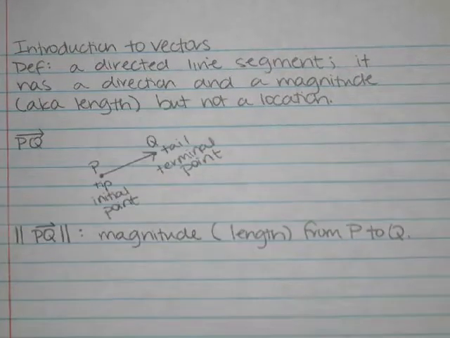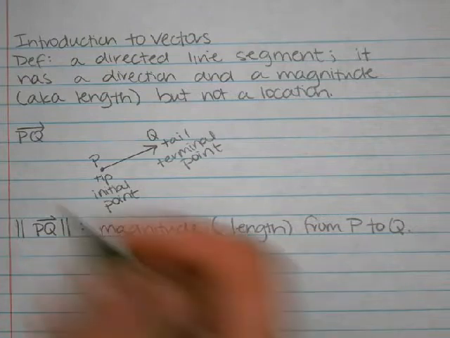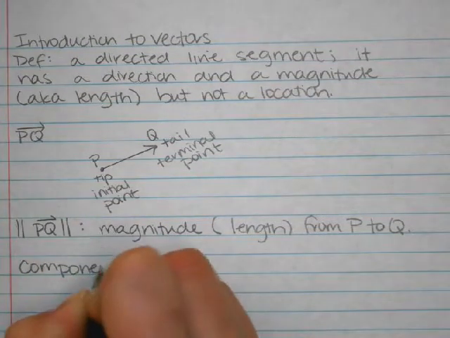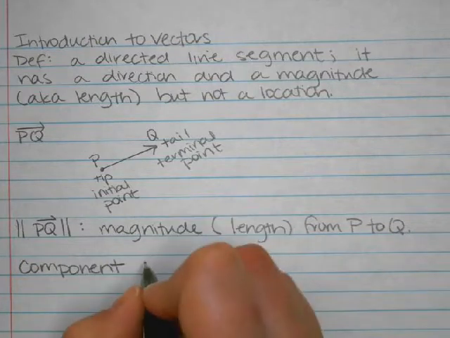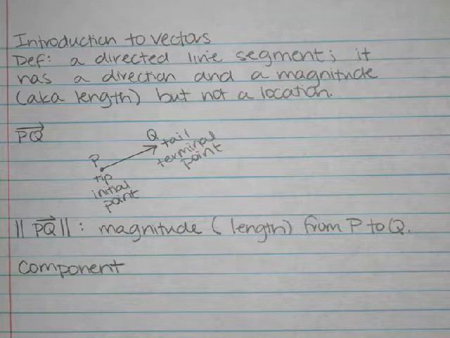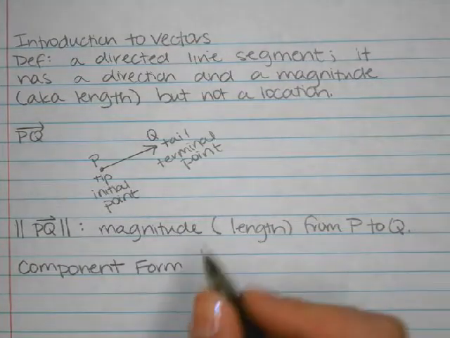All right, there are two types of notation for vectors. One is called component form. That's what we're going to work on today. Tomorrow we'll be working with the linear combination form, which is ai plus bj, and we'll learn about that tomorrow. So today for the component form,